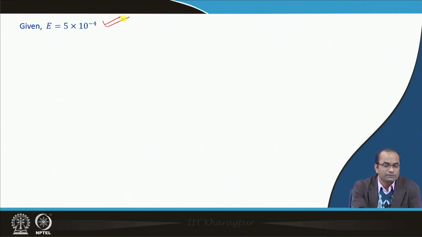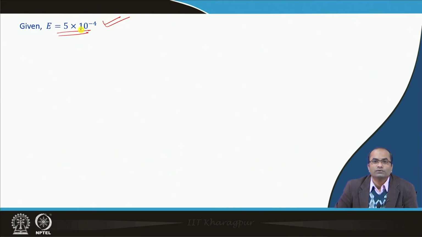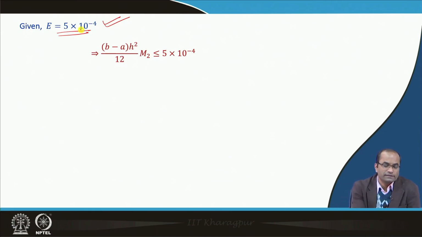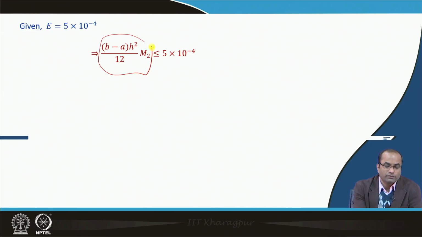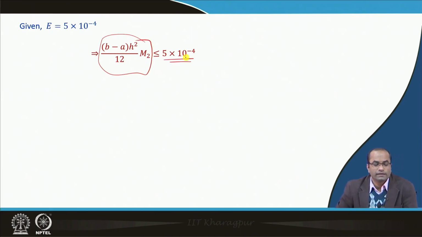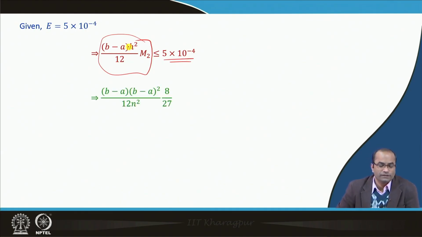Now, the last part of the question was that, given this error, we want an error less than this number. So, how many subintervals should we have to get this error, or an error less than this one? That means we want this error bound, where M2 is the maximum of f double prime, to be less than the given error 5 into 10 raised to the minus 4, and we want to get n, how many subintervals we need. So, this h is replaced by b minus a by n,